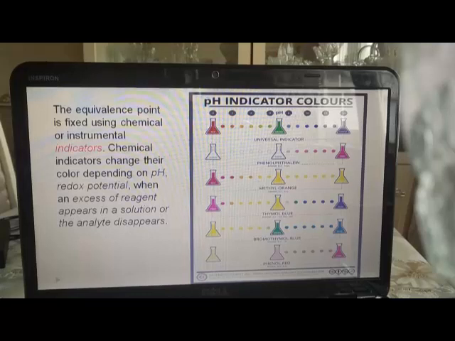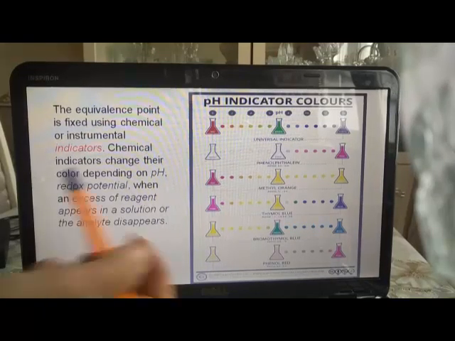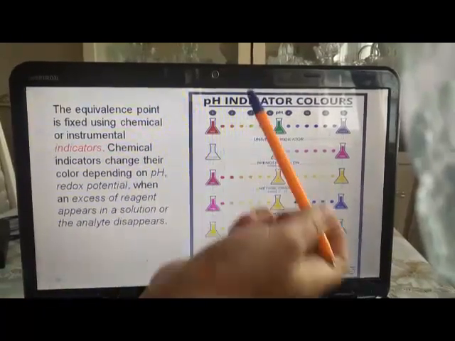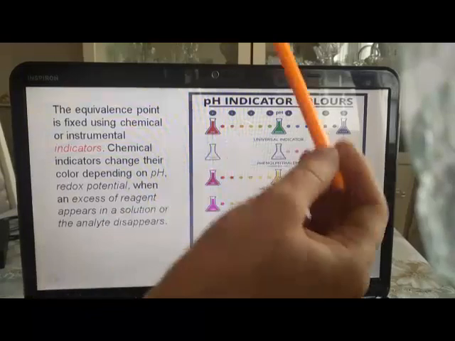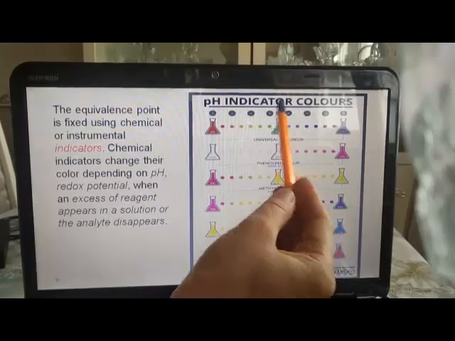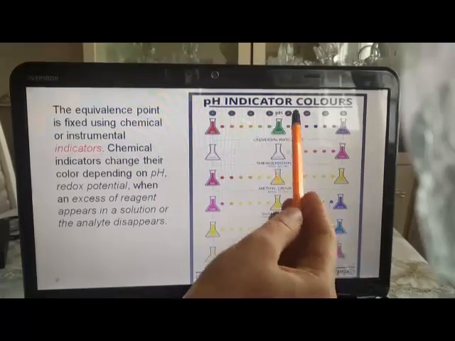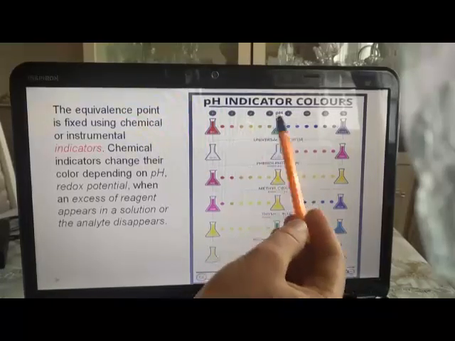Chemical indicators change their color depending on pH or redox potential, when an excess of reagent appears in the solution or the analyte disappears. For example, from the table, we can see the pH ranges of different indicators,